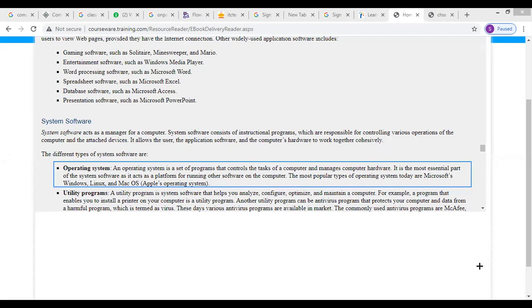Next point: the core part of the operating system is the kernel.